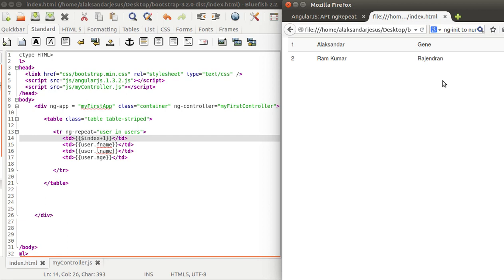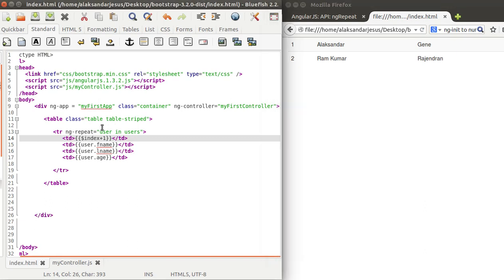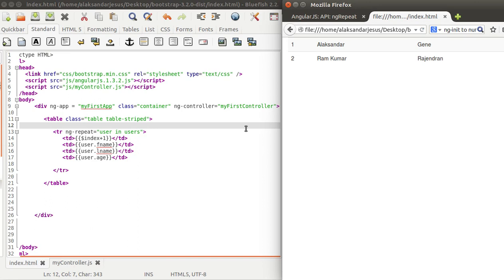So instead of having n number of codes, like if you just type it down with your own JavaScript, it will take like 15 to 20 lines of code minimum. It's been simplified here in ng-repeat. So in the next one, we'll see how to have a search bar on top of this table, and how we are going to search a name. We'll check into that. Thank you.